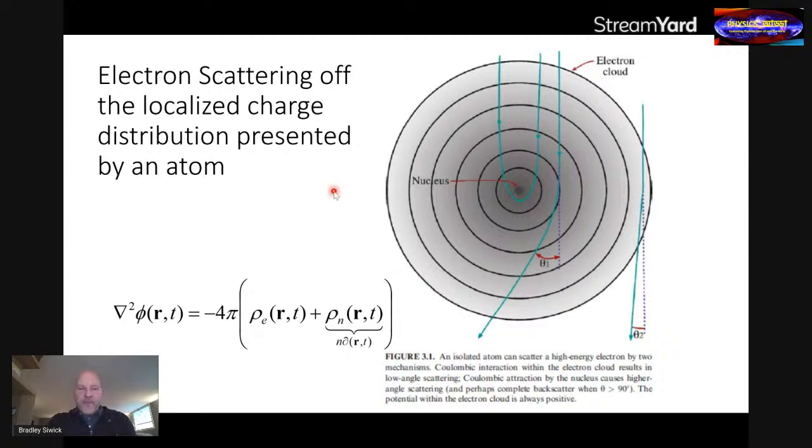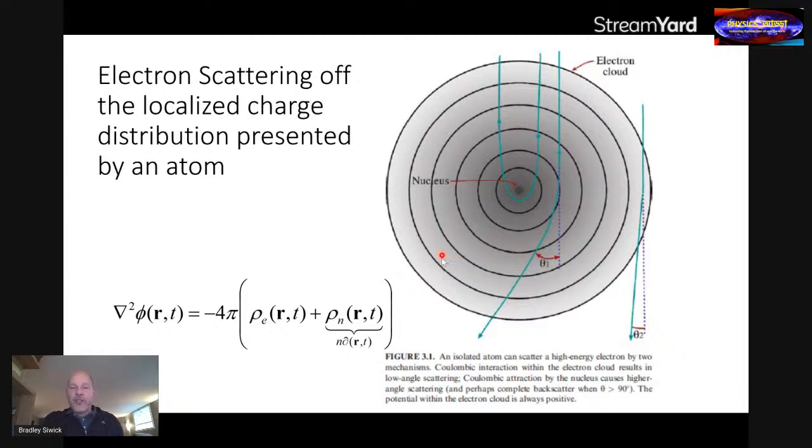Okay, if I have a single isolated atom floating in free space, and I subject that atom to an intense, high-voltage electron beam, what is it that the electron beam is actually seeing? The answer is that the atom presents a localized charge distribution. The positively charged nucleus is at the center of the atom, surrounded by this quantum mechanical electron cloud,